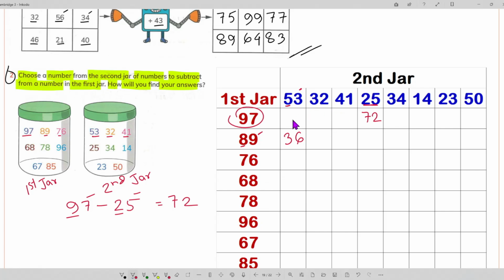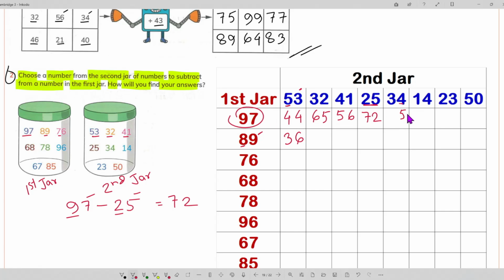Then one by one we can try to solve this. 7 minus 3 is 4, 9 minus 5 also 4. 32 from 97. 7 minus 2 is 5, 9 minus 3 is 6. 7 minus 1 is 6, 9 minus 4 is what? It is 5. 34 from 97. So first 7 minus 4